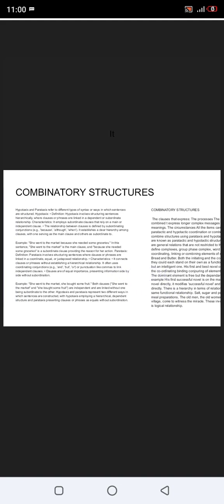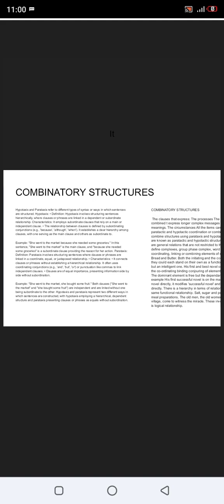We are going to discuss semantics and pragmatics, whereby we'll be looking at two topics, that is combinatory structures and the types of meaning. In combinatory structures, there is hypotaxis and parataxis, which are different types of syntax, the ways in which sentences are structured. When we look at hypotaxis, it involves structuring sentences hierarchically, where clauses or phrases are linked in a dependent or subordinate relationship. For instance, there are these characteristics that it employs subordinate clauses that rely on a main